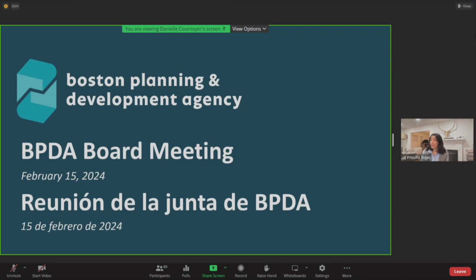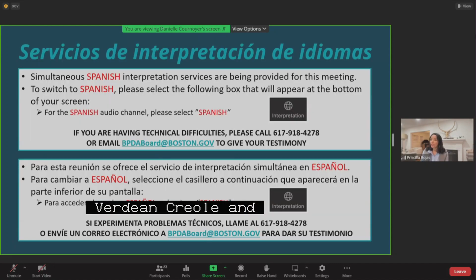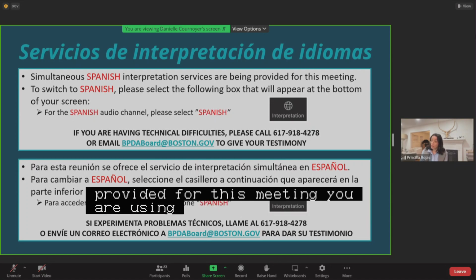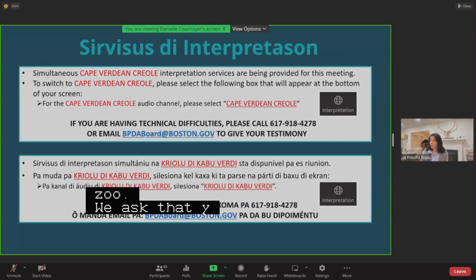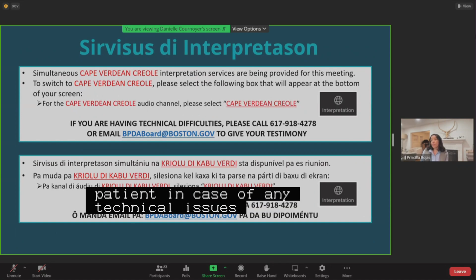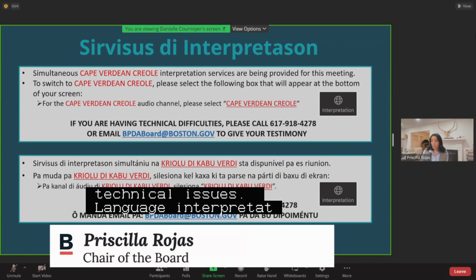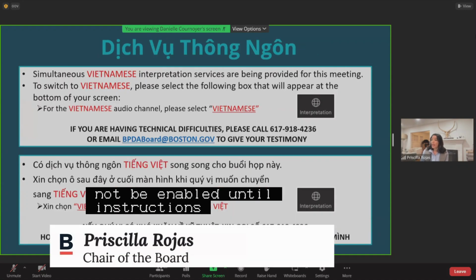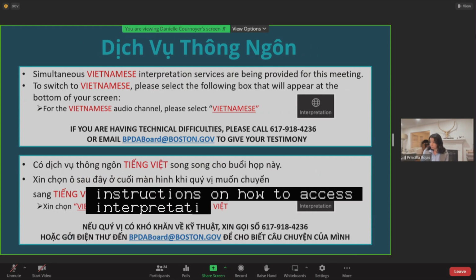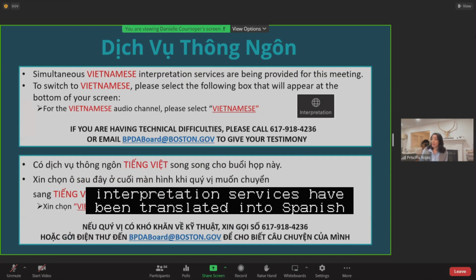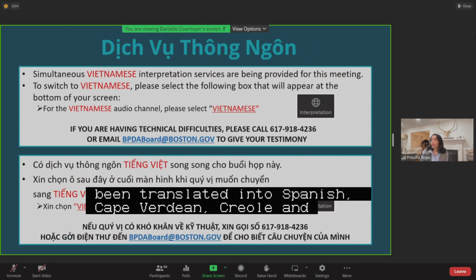Simultaneous Spanish, Cape Verdean Creole, and Vietnamese interpretations are being provided for this meeting using the language interpretation function within Zoom. We ask that you please be patient in case of any technical issues. Language interpretation will not be enabled until instructions on how to access interpretation services have been translated into Spanish, Cape Verdean Creole, and Vietnamese. Once interpretation has been enabled, a globe icon will appear at the bottom of your Zoom